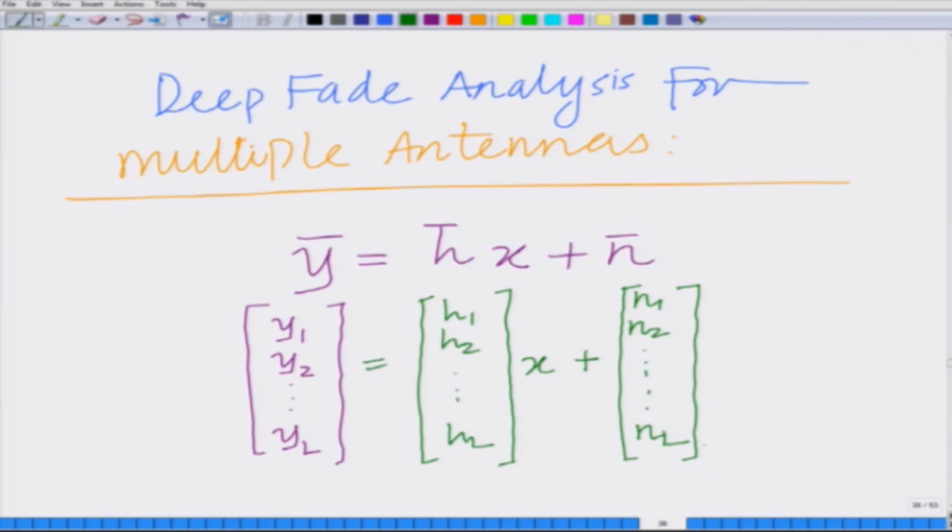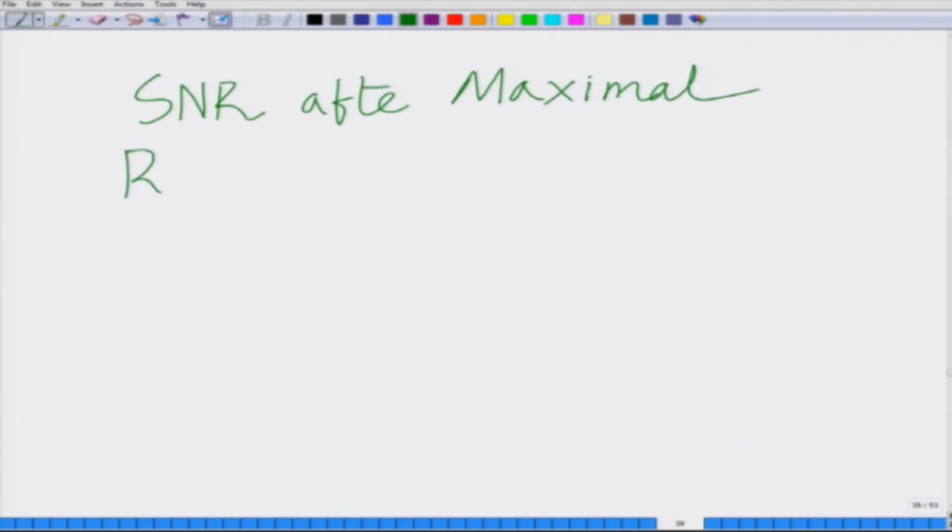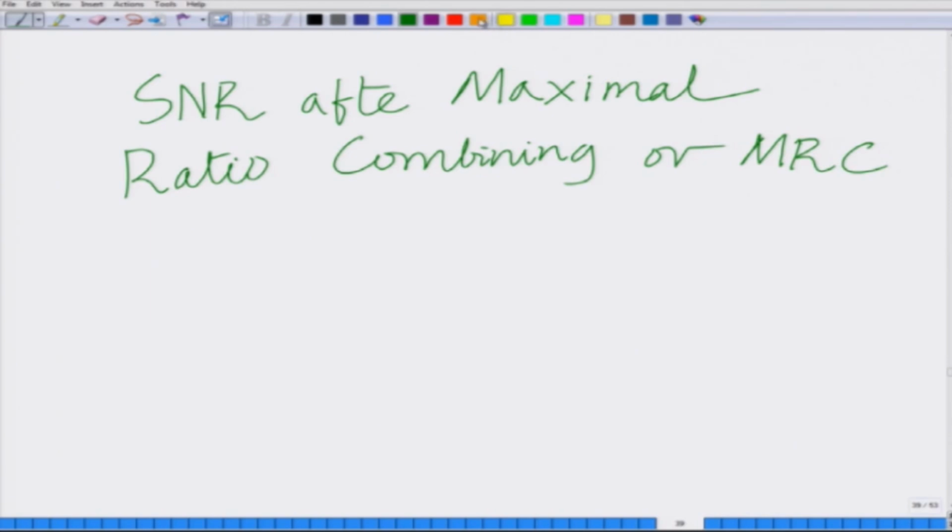And at the receiver we perform maximal ratio combining for this L antenna system, where h1, h2, hL are the channel coefficients. And after maximal ratio combining, that is after MRC, the SNR after maximal ratio combining is,